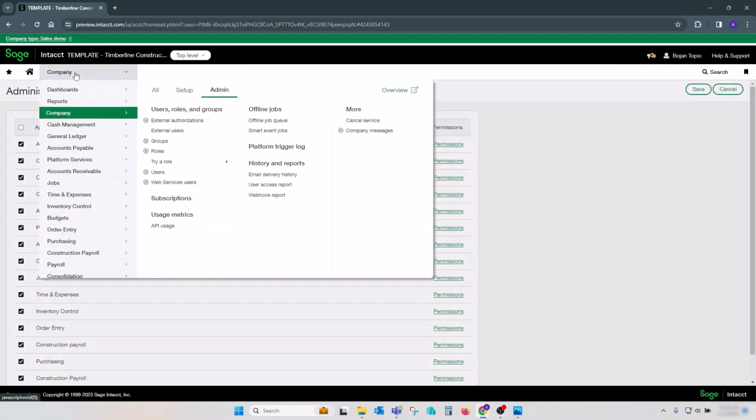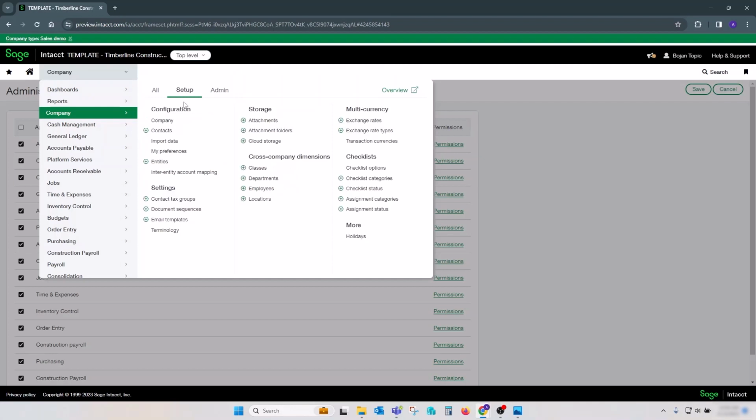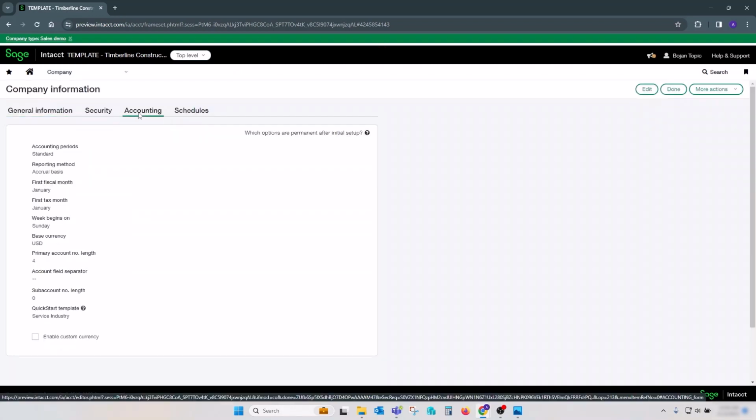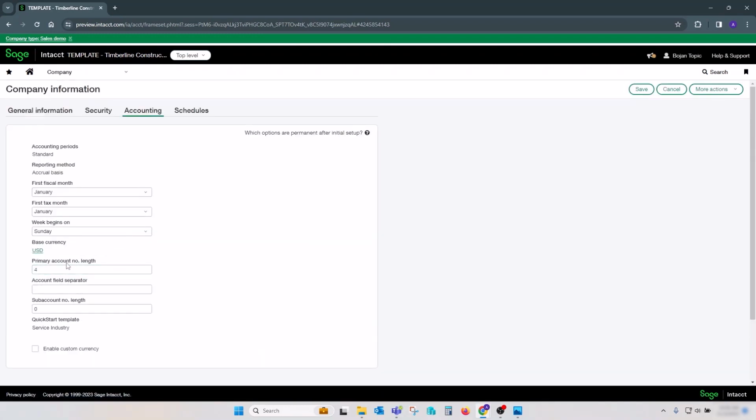Step 2 is to go to Company, Set up Company, Accounting tab, click on Edit, and there's now an unlock primary account number length and sub-account number length field open. This is where an increase in the size of the GL account field can now be made.